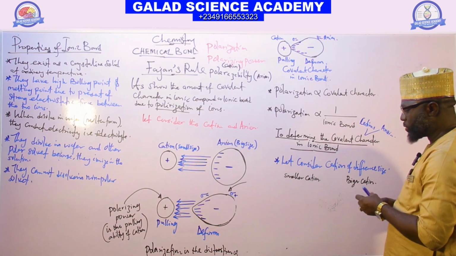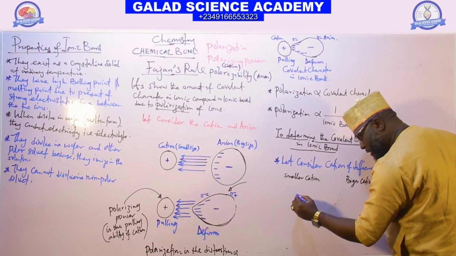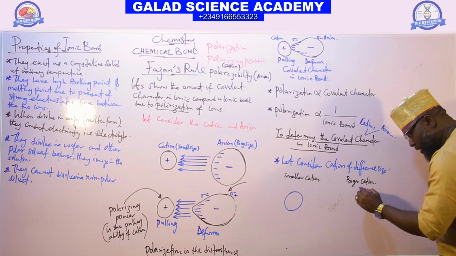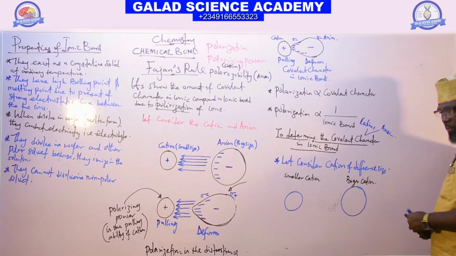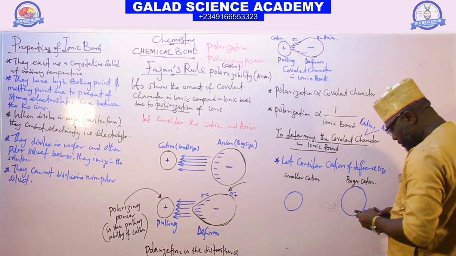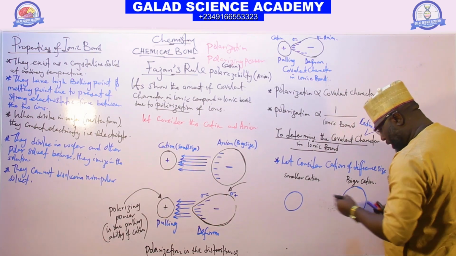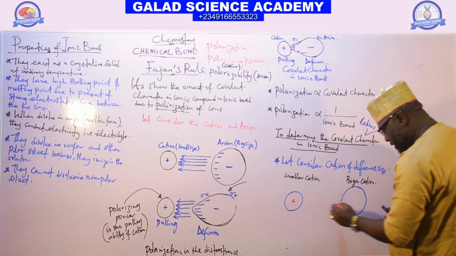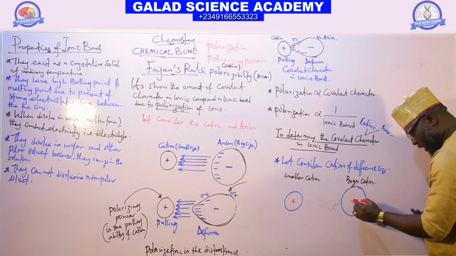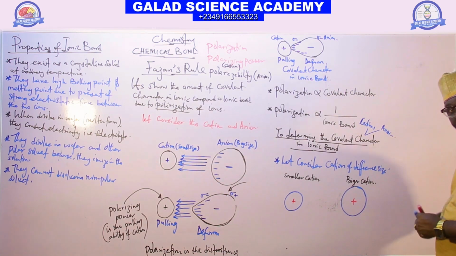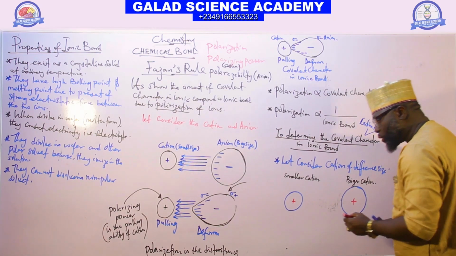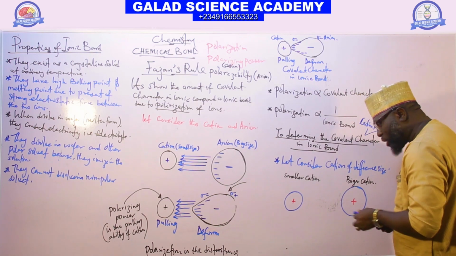This smaller cation is this. This is the bigger cation. So here we have positive charge. Here we have positive charge. You can see that the sizes of the cations are different. So the fact here is the cation that has